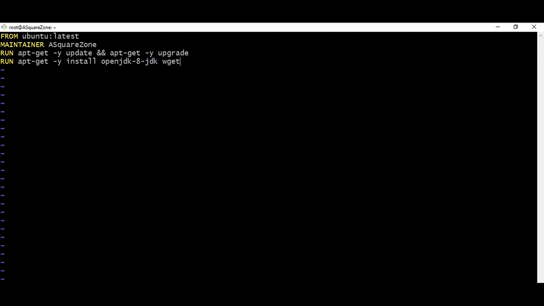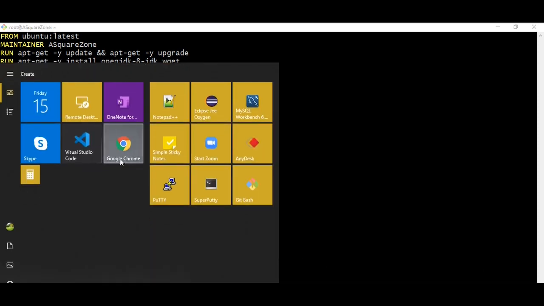So I'm going to give wget. As you know, the wget command allows us to download files from the internet. And I'm going to run. Here, as I am installing Tomcat on this Ubuntu server, we will get the mirror URL here. We need to give the URL over here. So I'm going to get the URL here.